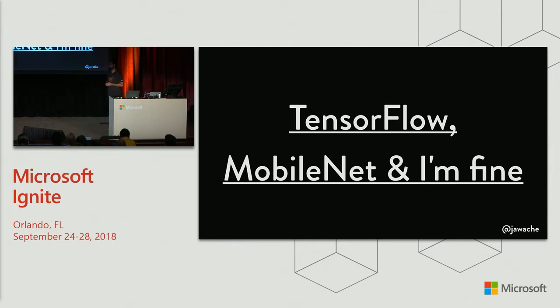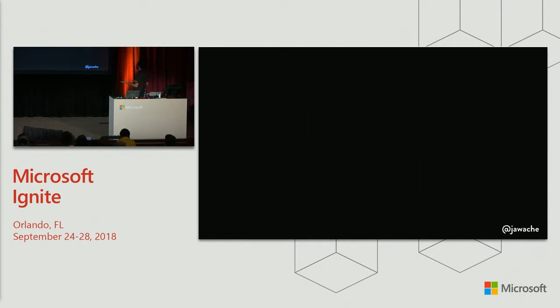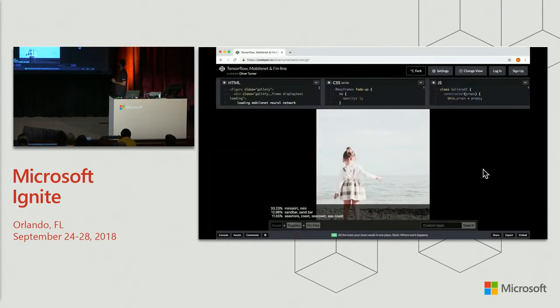So I ran an AI workshop in London a couple of months ago, and I was wearing that T-shirt. And so one of the attendees, Oliver Turner, then basically made a demo based off of what he learned in that workshop, and he called it this name. It's quite simple. So it's on a CodePen.